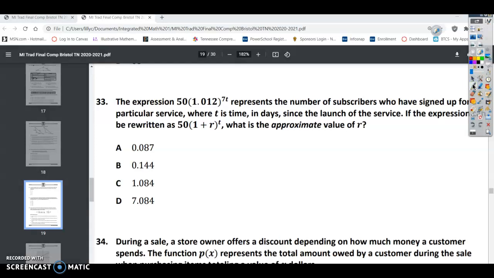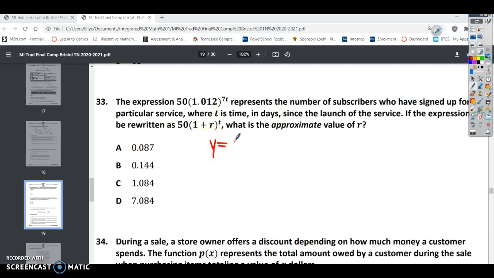Math 1, final benchmark number 33. The expression 50 times 1.012 raised to the 7t power represents the number of subscribers who have signed up for a particular service, where t is time in days since the launch of the service. If the expression can be rewritten as 50 times 1 plus r raised to the t, what is the approximate value of r? All right, so the first equation we can look at and we can see that we have